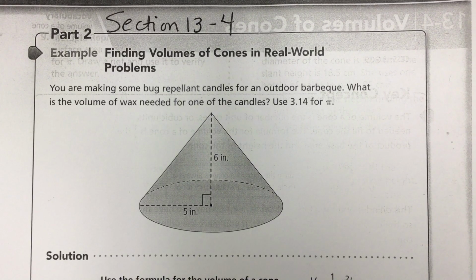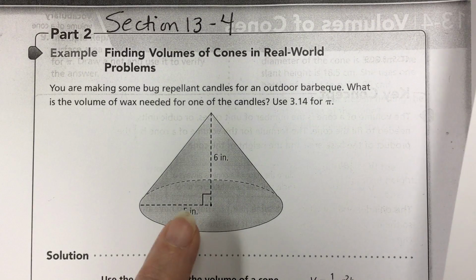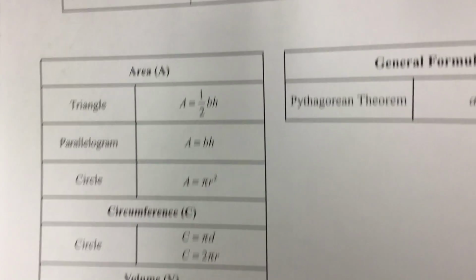Section 13-4, Part 2. Finding volumes of cones in real-world problems. You are making some bug-repellent candles for an outdoor barbecue. What is the volume of the wax needed for one of the candles? Use 3.14 for pi. So using your formula sheet for the volume of a cone,